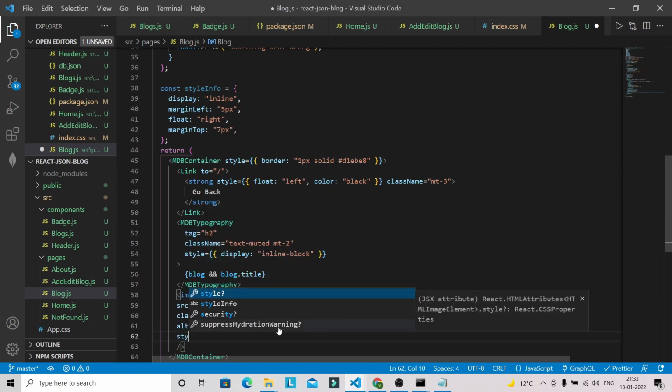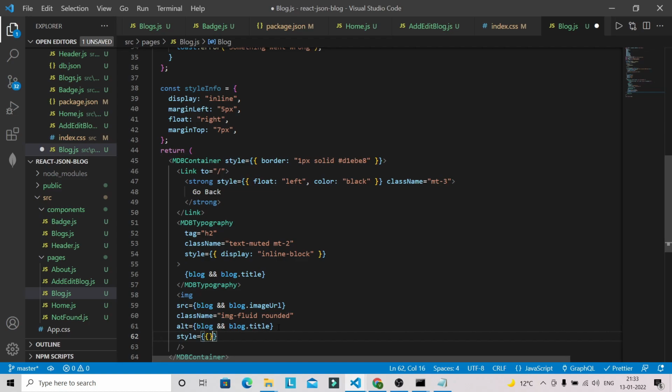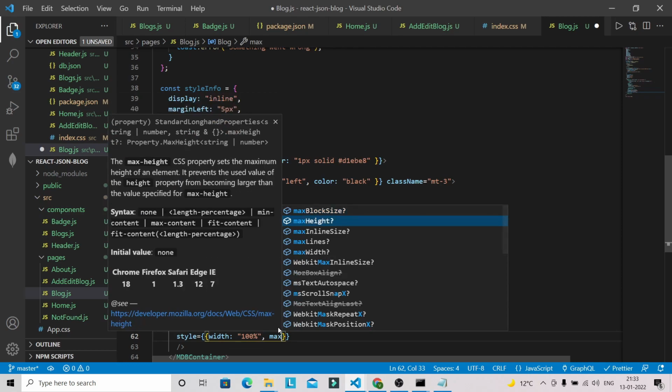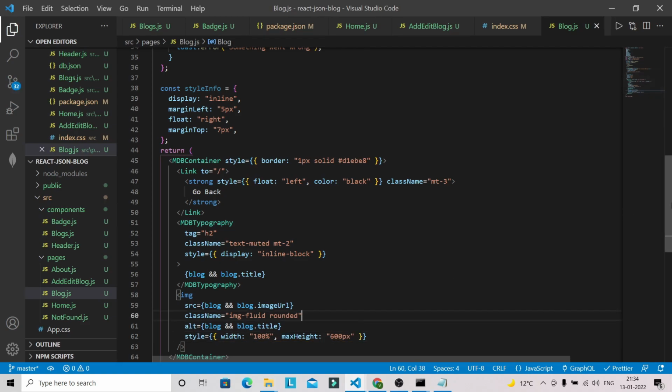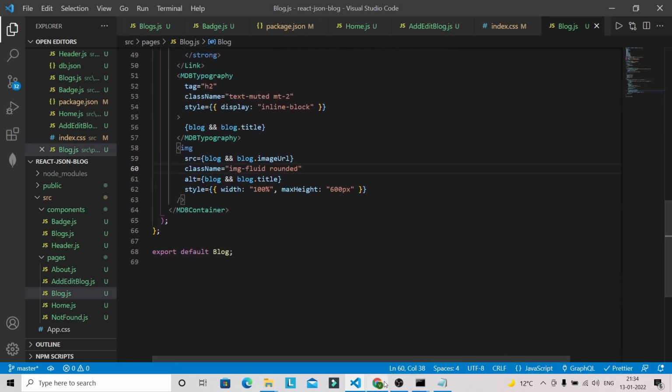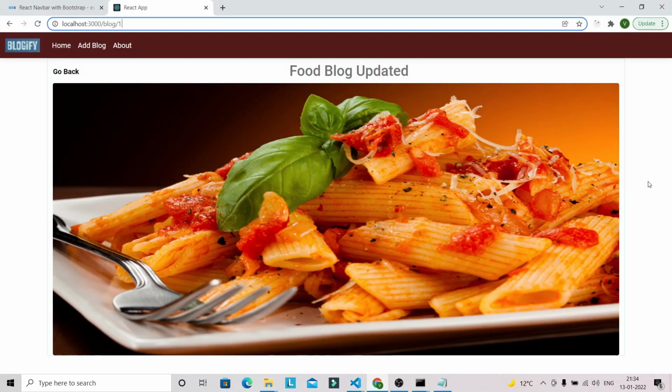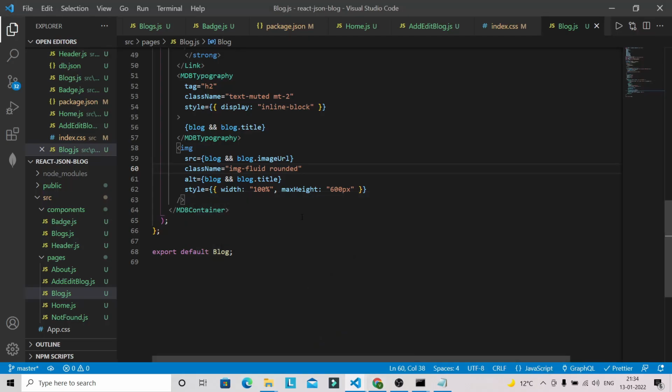and we can give some inline style to this image tag. So width will be 100%, and max height will be 600 pixel. So let's see how our image looks like. So it's looking good. Now let's go back to VS Code, and after this I'm going to have div,